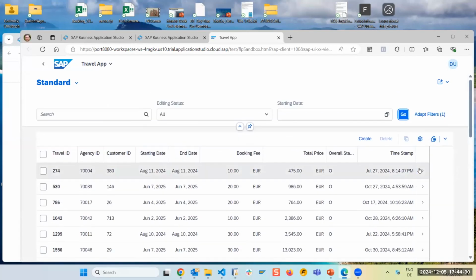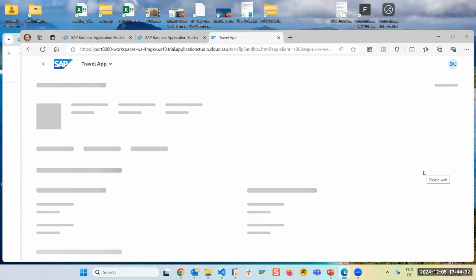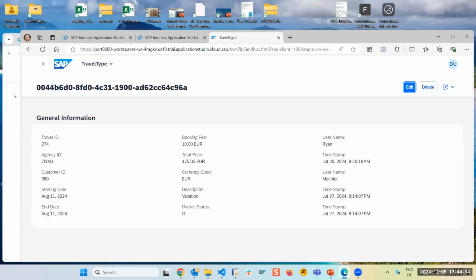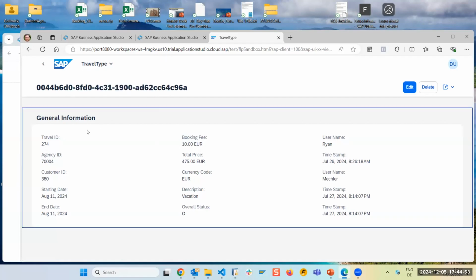Okay, but we have also an object page. We can go here and see a predefined section, so we can tailor it later if we want. Yeah, this is based on local annotations now. So there's a couple of things I don't like. The first thing is the GUID was chosen as a header. This is not a good idea. We should rather use a travel ID. We have to change that.